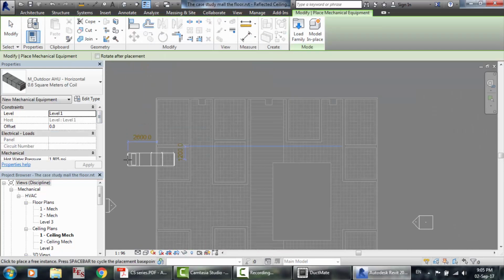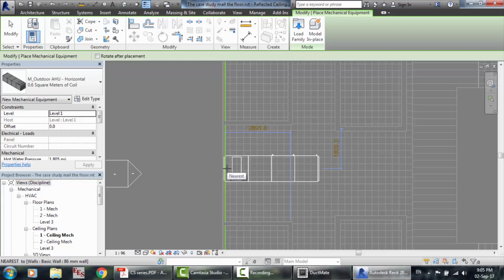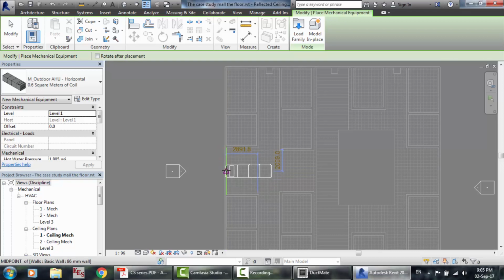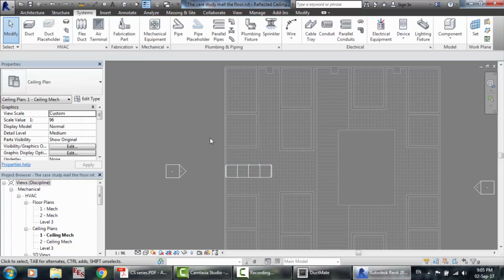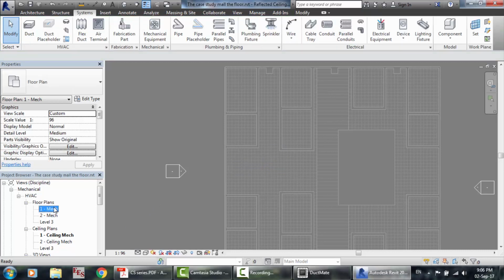So this is the equipment that I'm gonna use. Be sure that it is in the right place. Okay, here, and then you can move it. Notice before doing anything, it's gonna be in level 1. Notice that the place here is ceiling. No, we're gonna make it in the floor. So get the same equipment,